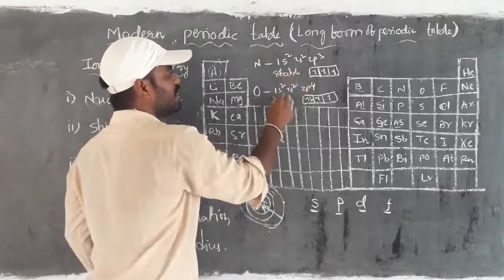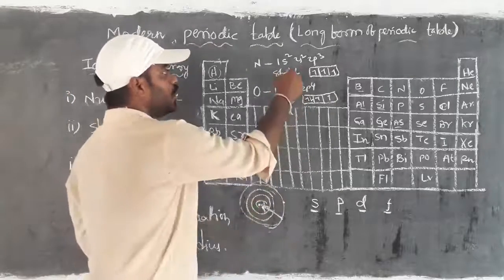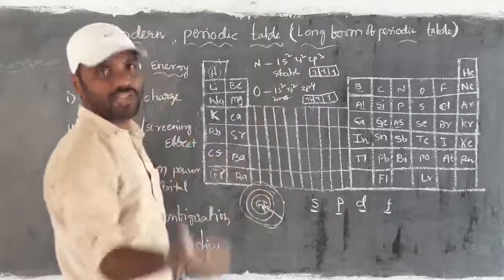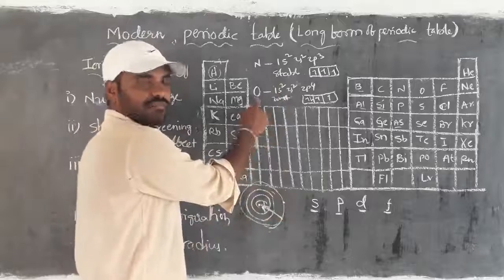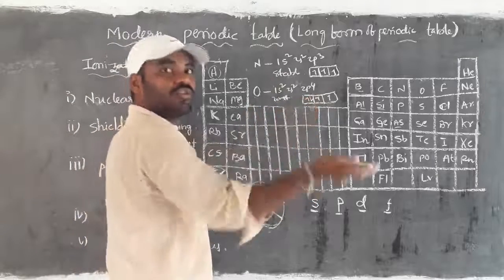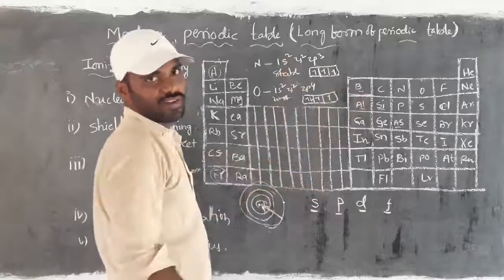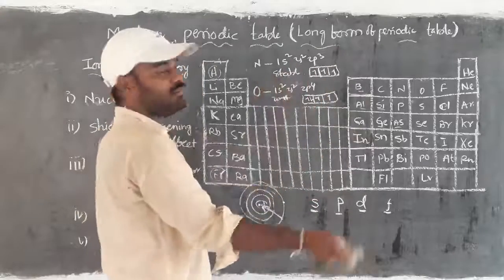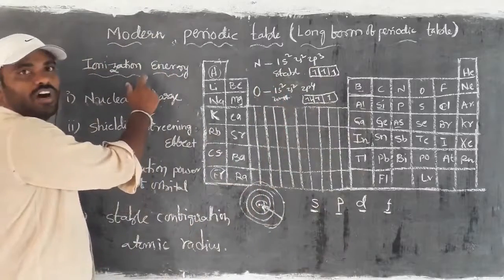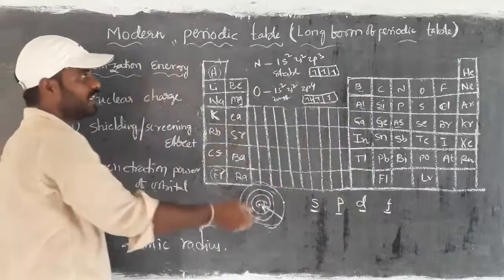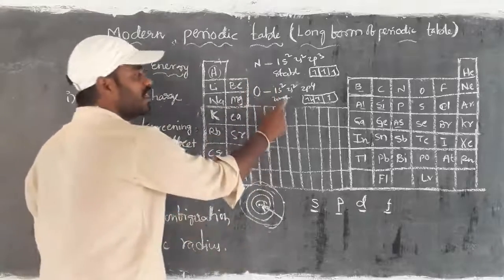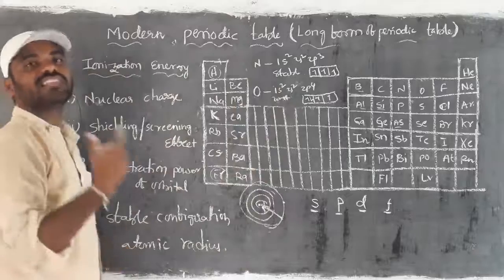Oxygen is unstable. To remove an electron from nitrogen, we require more energy than oxygen, because oxygen is in an unstable condition, as there are 4 electrons in the 2p orbitals. To get stability, 2 more electrons are required. But nitrogen is already stable, because it is half filled. Such a condition affects the ionization energy. So for a stable configuration we require more ionization energy. If it is unstable, less ionization energy is required.